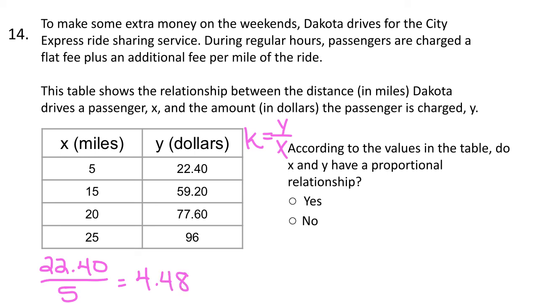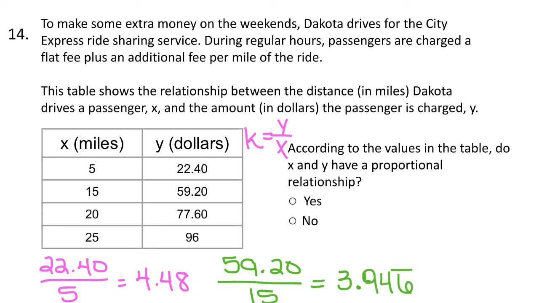Next, we want to divide another pair, so we'll go to the next set of $59.20 divided by the 15 miles. When we divide this, we get 3.946 repeated. Since these do not divide out equally, we can officially say that there is no proportional relationship within